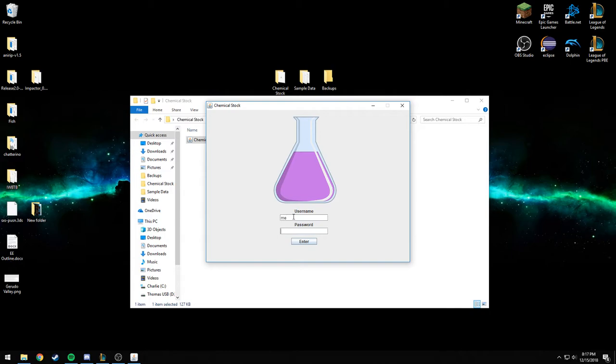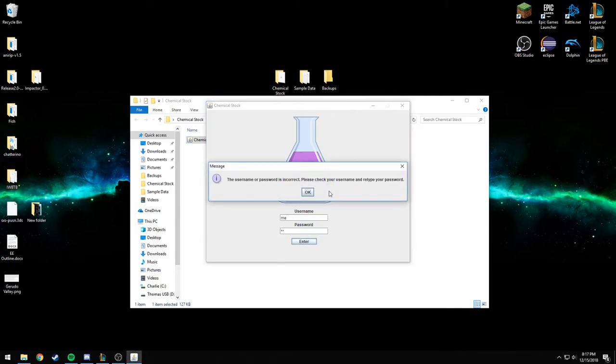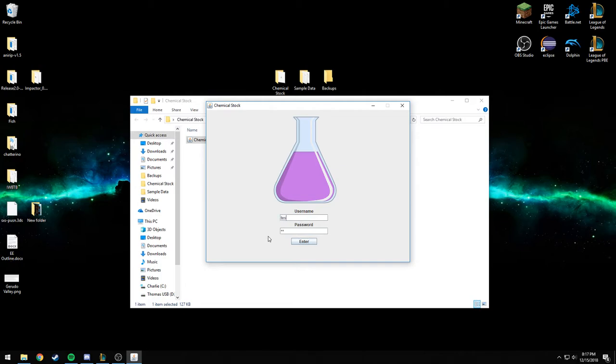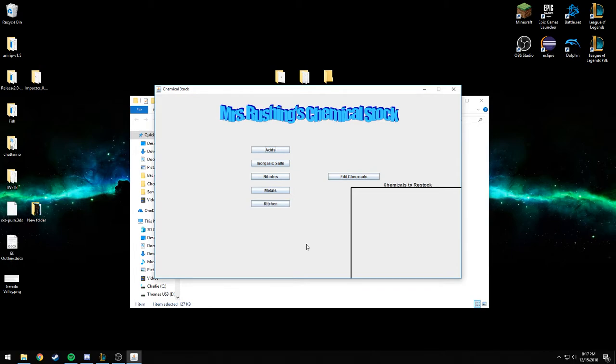Let's input some incorrect credentials, and we get a JOptionPane saying so. Now let's put in the correct credentials, test, and click enter, and the chemicals object is instantiated with the default chemicals frame. Right here is an on-screen section which displays all the chemicals that currently need to be restocked,